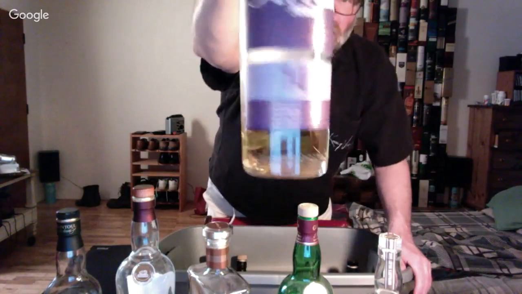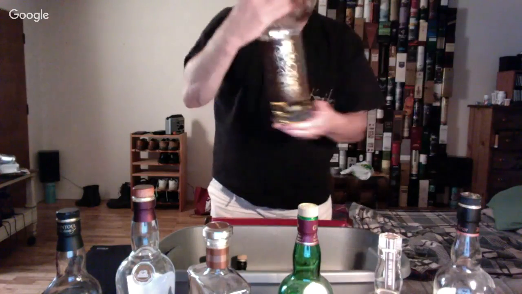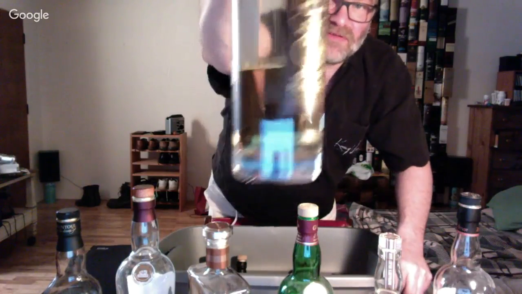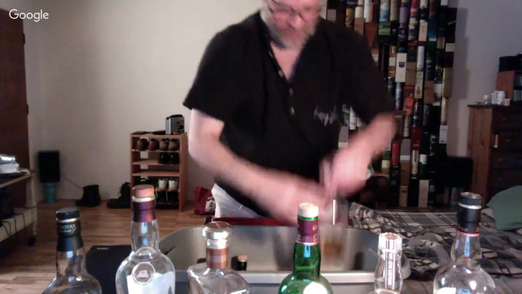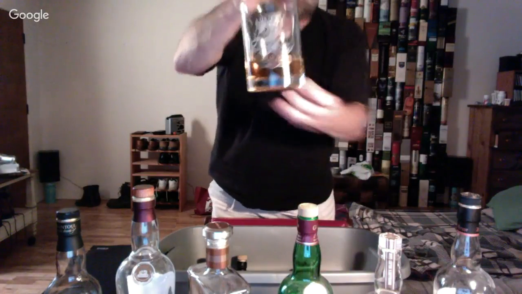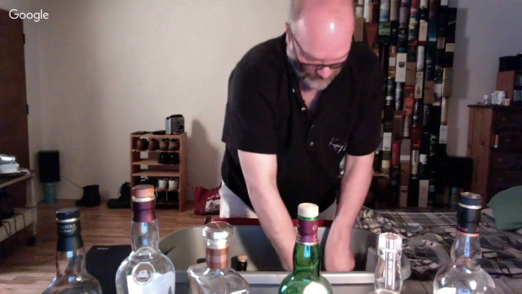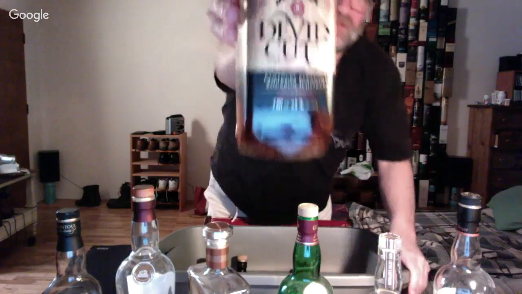14-year-old Aaron. Got some Peat Monster. There's still a fair bit of Peat Monster in there. There's a Compass Box. Got some 5-year-old 90. That's a perennial favorite. And some Devil's Cut bourbon.